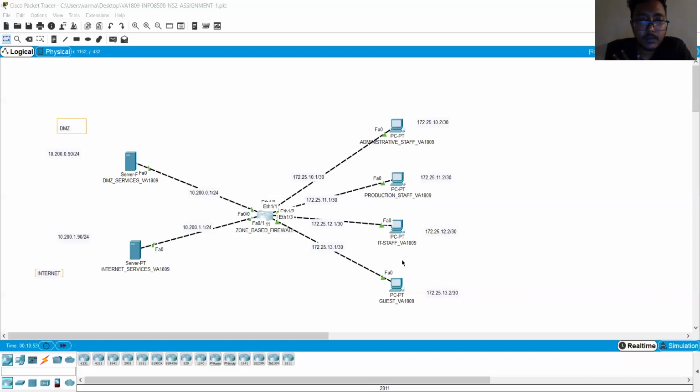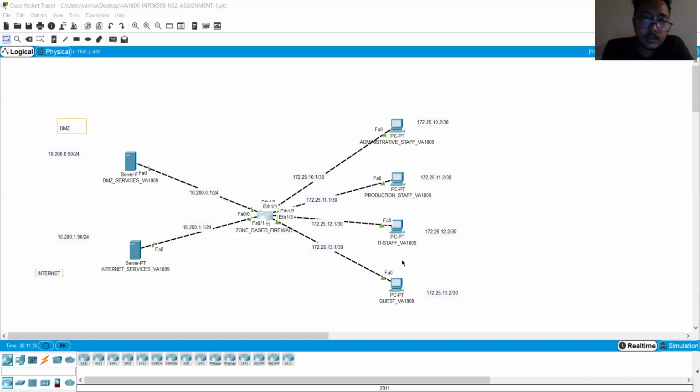Finally, we use these policy maps to implement our zone-based firewall security, which provides access and permissions to the admin to DMZ group. We embed the policy map through the service policy type inspect admin-to-DMZ. This is the policy that I created here. By using this, we completed a zone-based firewall security design and implementation.